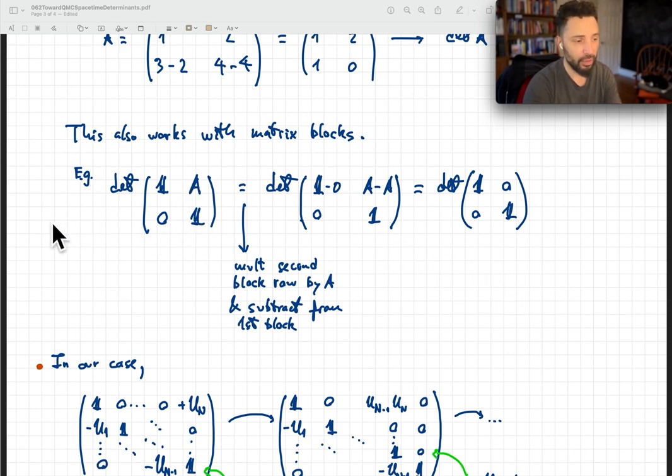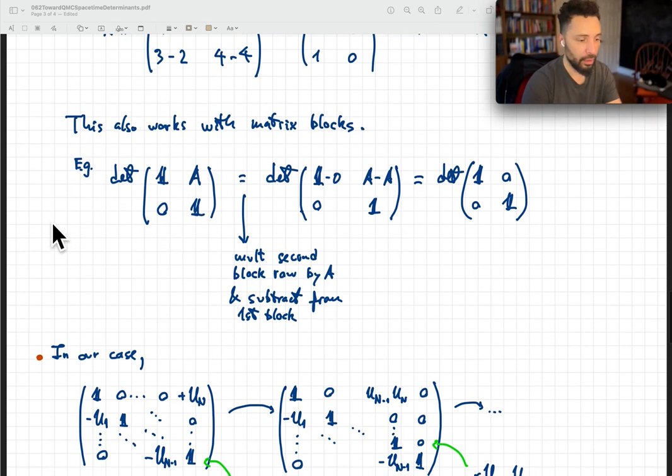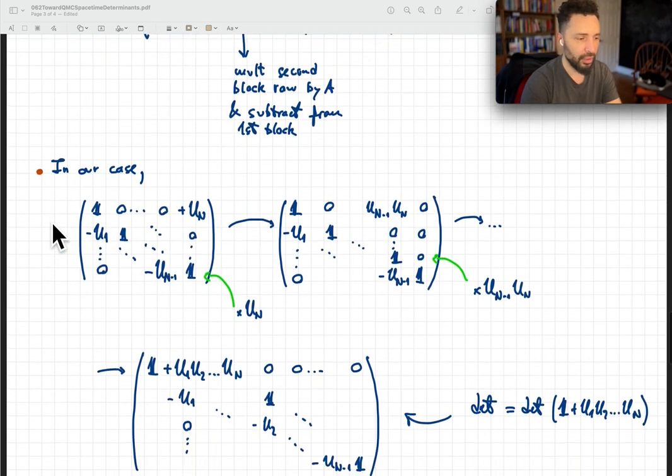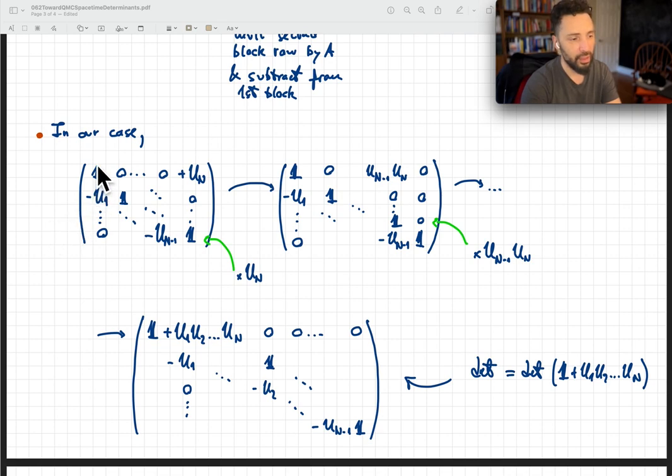So how do we apply this knowledge in our case? We start with the fermionic case, and the bosonic case is going to be very similar, so I'm just going to do the fermionic case, and this is our matrix. We have 1, a bunch of zeros, then u sub n, and then minus u1, and then 1 on the diagonal, and then minus u2, all the way to minus u sub n minus 1 here at the bottom. So what do